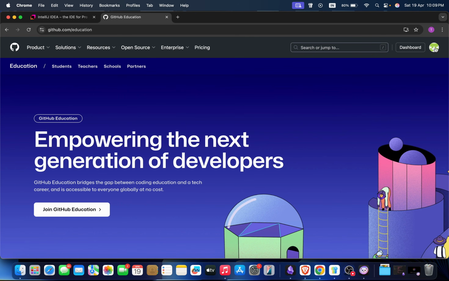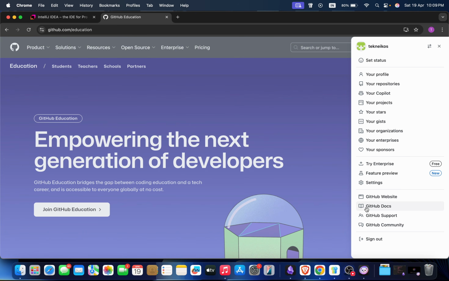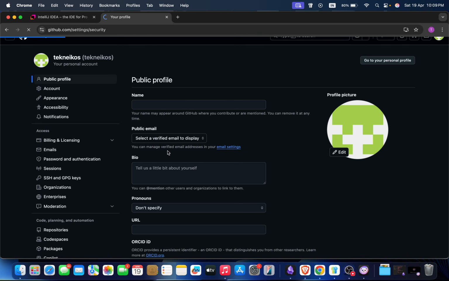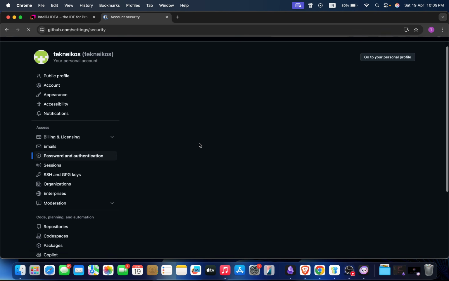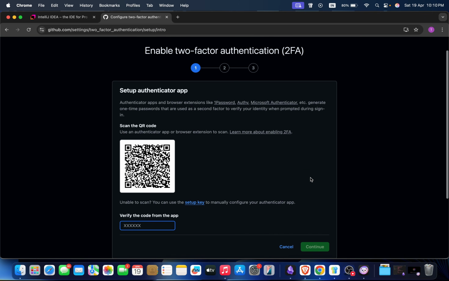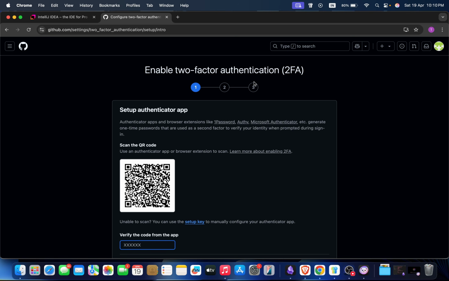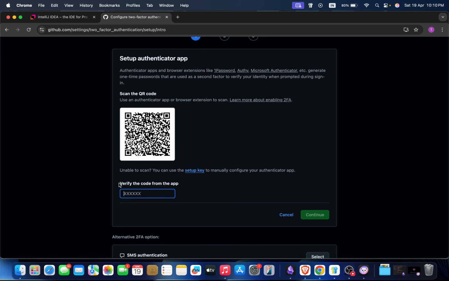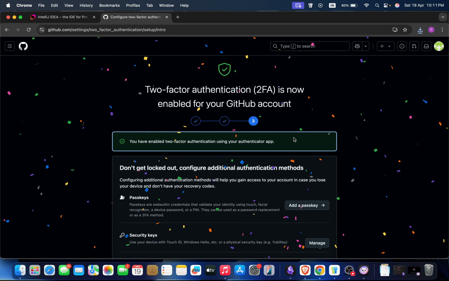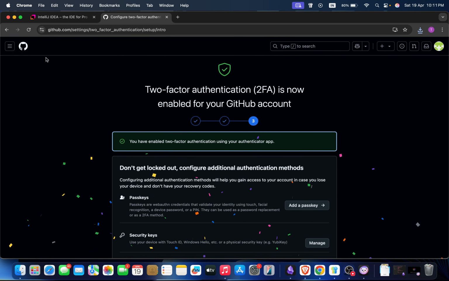The first thing that you need to do once you are logged in, go to settings. In the settings, go to password and authentication and enable the two-factor authentication. This is extremely important. Without enabling the two-factor authentication, you cannot apply for the GitHub Student Pack. You can see I have enabled the two-factor authentication. Once you are done with this,